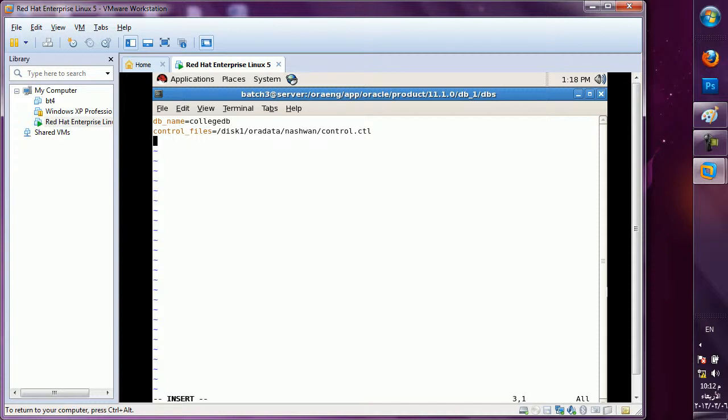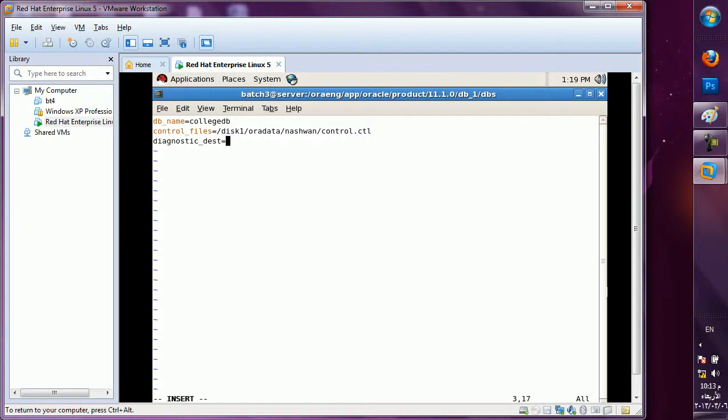Then, where to keep my alert log files. Alert log files mean that if any error comes while working on the server, each and everything is recorded for you. For a DBA, all the things are recorded so that you can open those alert log files and check, as per date and time, which problem was coming on which date and time. Three types of problems are captured: hardware related, background process related, and user related or data related.